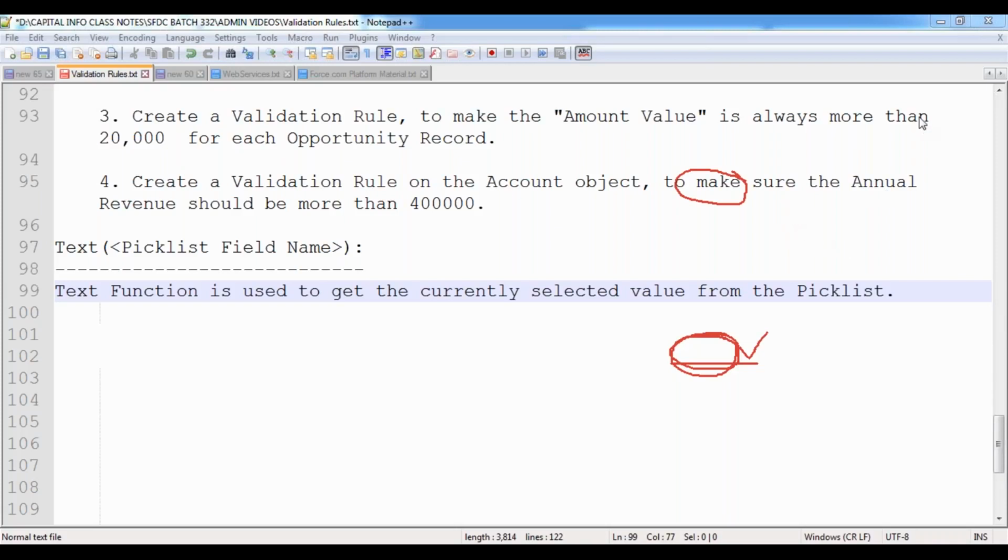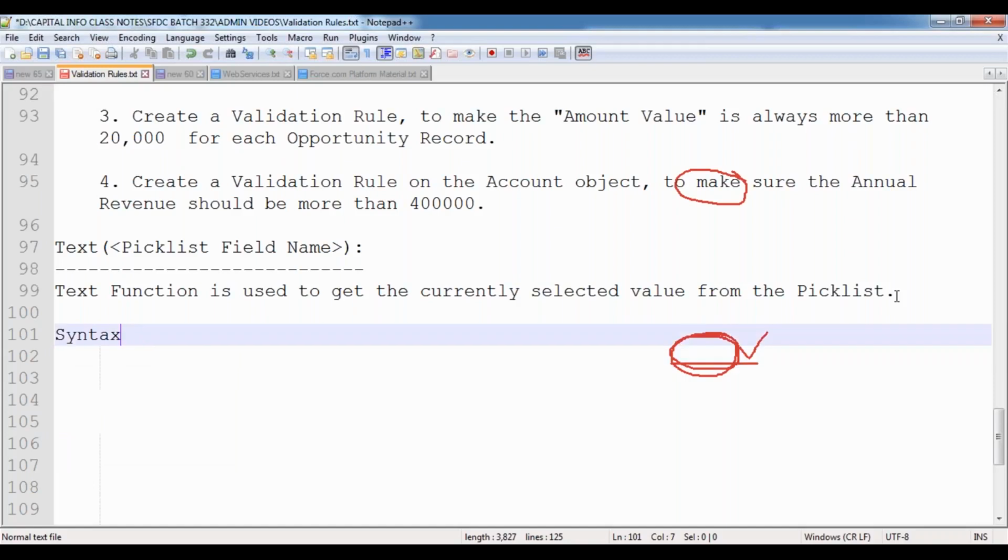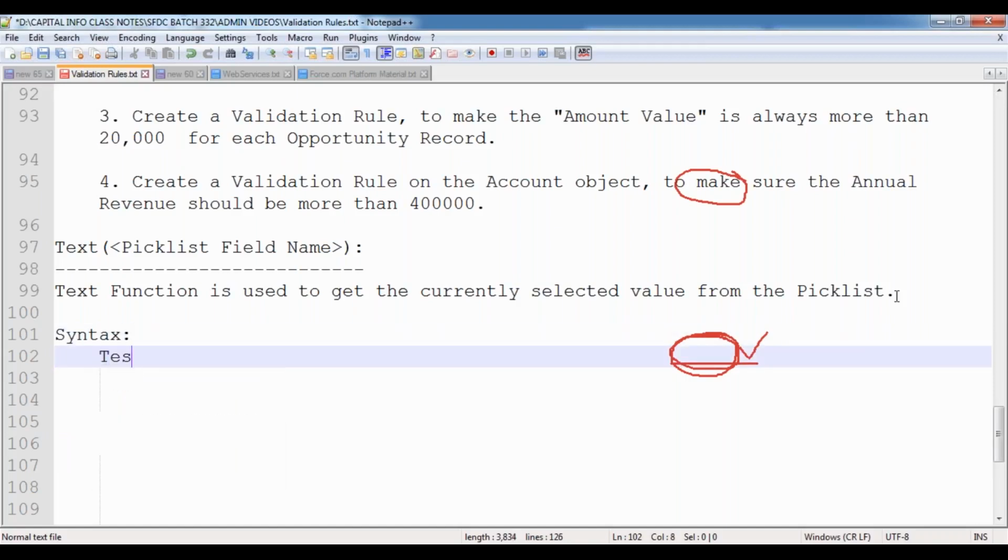Now, how can we use this? What is the syntax? The syntax is we have to specify TEXT of